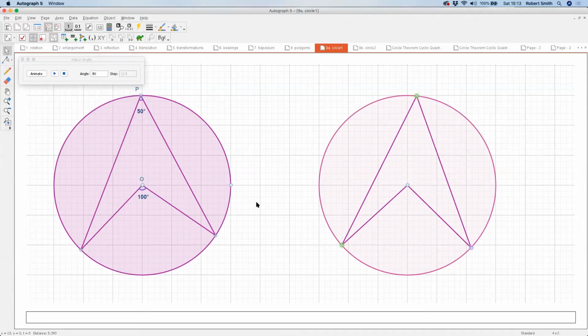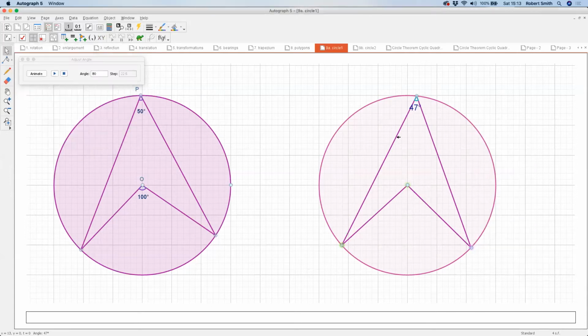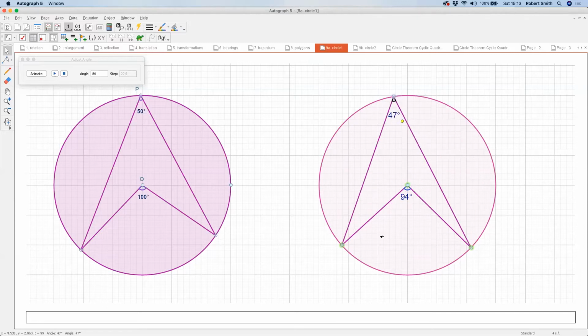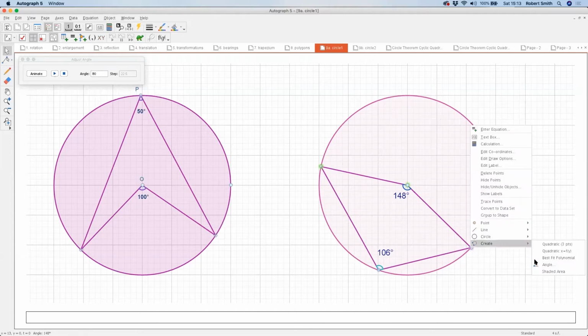And you can see there that's currently 47 degrees. And so the angle at the center we're expecting to be 94. Indeed it is. And wherever I move my point on the circumference, you can see that angle at the center remains double. I could, of course, move this angle, which will change my angle at the circumference, but there's 74 and 148. And if I come round into this section, well, we can see that we're actually calculating the angle over here. So we should be able to select those points and create the reflex angle